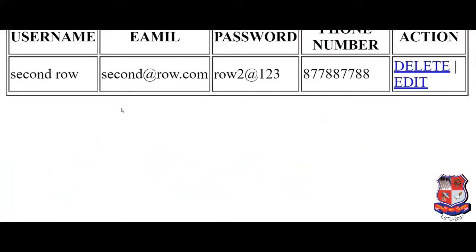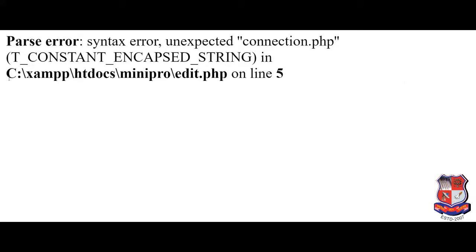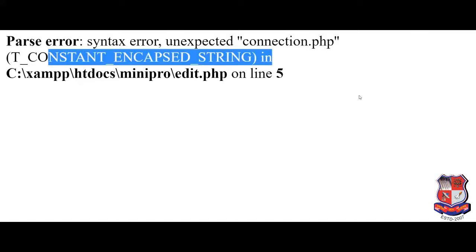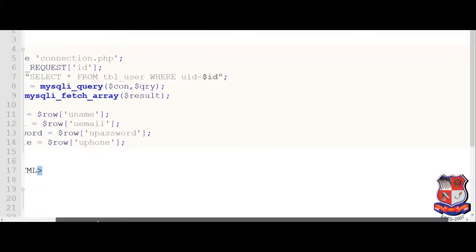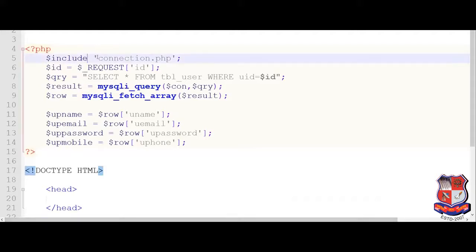Well, let's try to run this code. When we click on the edit, there must be some unexpected syntax error in connection.php.